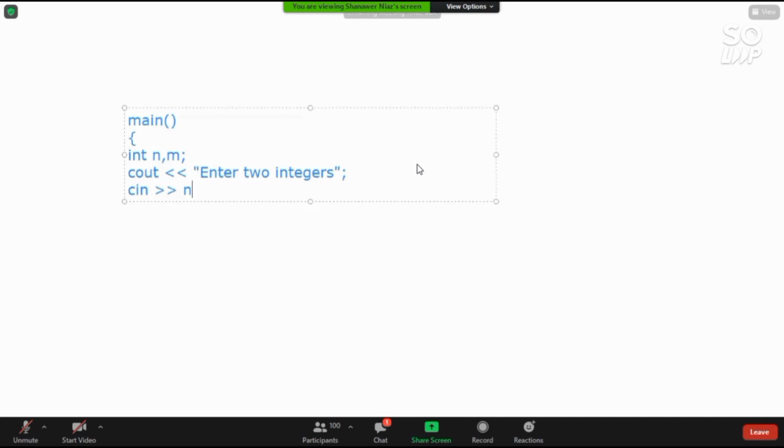एक हम n के अंदर कर देते हैं सेव, दूसरे को m के अंदर कर देते हैं. Okay, so I will put now the one condition here. M is greater than n. Simple is that. ठीक है, तो वो क्या करेगा, इस कंडीशन को चेक करेगा अपॉन इट इज ट्रू, देन इट मस्ट प्रिंट दैट सी आउट